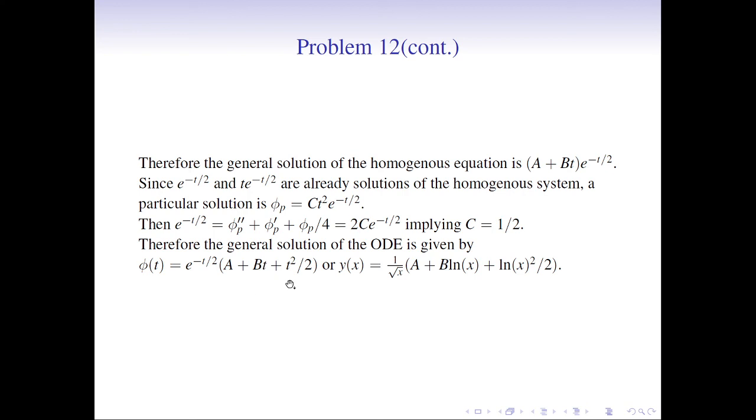So that gives us phi t, and now we have to find the solution of y, but we have it in terms of phi, but we do have the relation between phi and y, so we use that to get the solution of the given original ordinary differential equation, which was in terms of y and x, y being the dependent variable on x, which is the independent variable. So y of x turns out to be 1 by root x times a plus b. So t was ln x, so we substitute, instead of t we substitute ln x, and here again it is ln x the whole square divided by 2. So this gives us the general solution of the ODE.